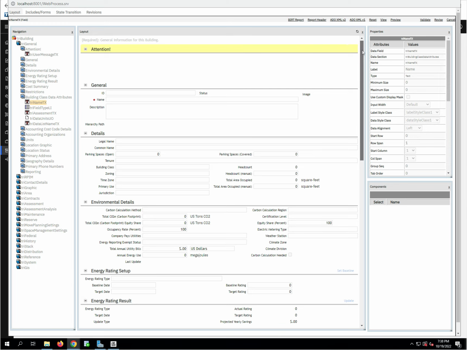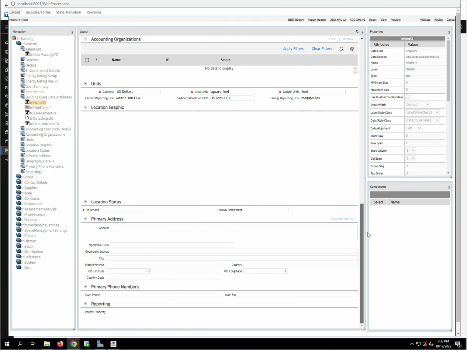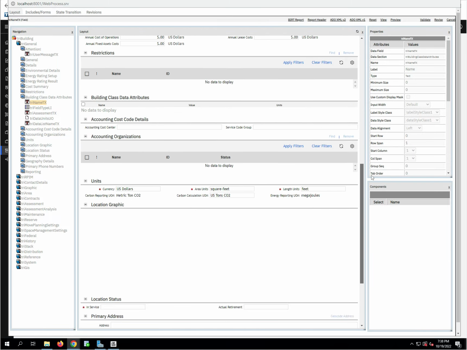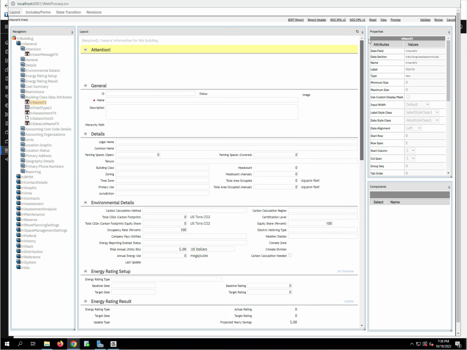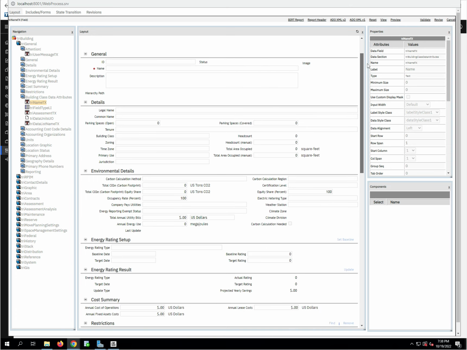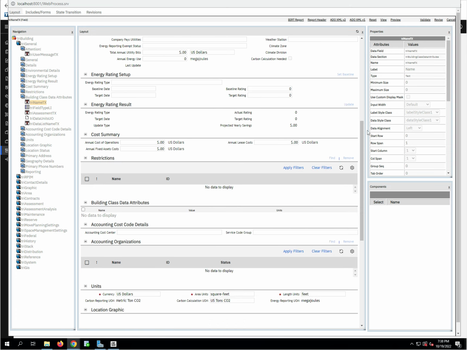So sometimes when you select an object, you have to scroll up and down and see if you can find it. So in this case, I'm not seeing anything. So it's the building class data attributes. I come down here under building class data attributes, and we see that there's nothing shown here. But the reason for that